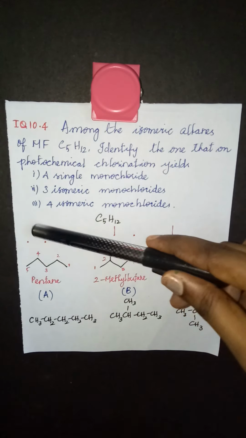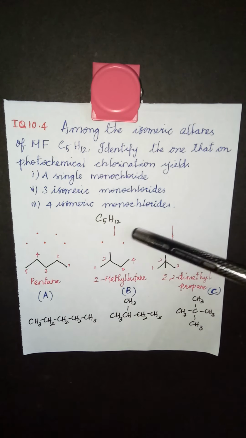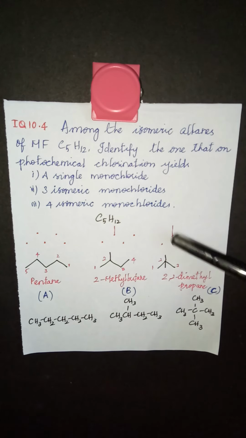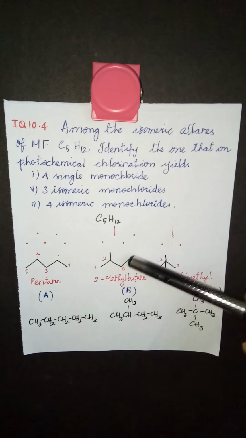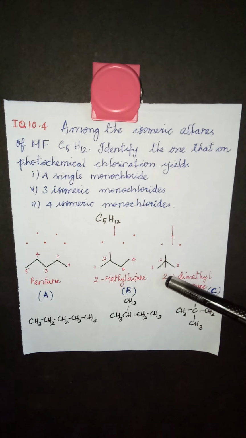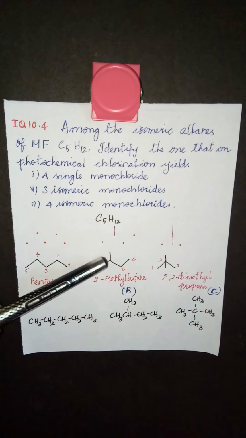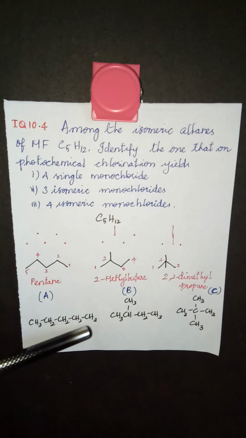5 carbons are there, so put 5 dots. So to write the isomers, reduce 1 carbon, so put 4 dots, treat that carbon as a substituent, and again reduce 1 more dot, so put 3 dots, treat 2 carbons as the substituents. So I've joined all the dots, 5 dots here, 4 dots with a substituent, 3 dots with 2 substituents. So look at the name, 5 carbon atoms, pentane, and here 4 carbon atoms, in the second position a methyl group, so 2-methylbutane, and here 3 carbon atoms, propane, in the second position 2-methyl, so 2,2-dimethylpropane is the name of this compound. So this is the bond line structure and this is the expanded form.